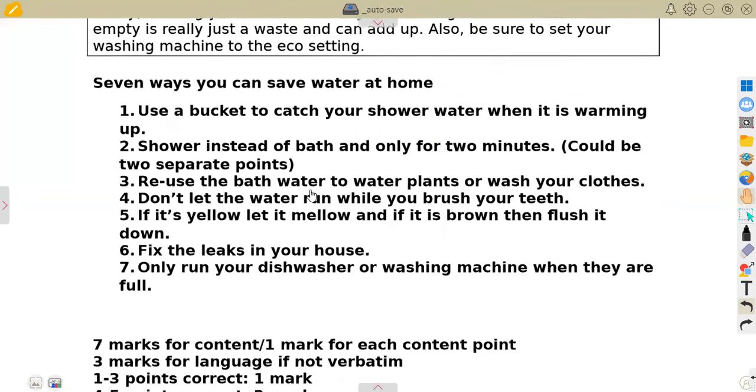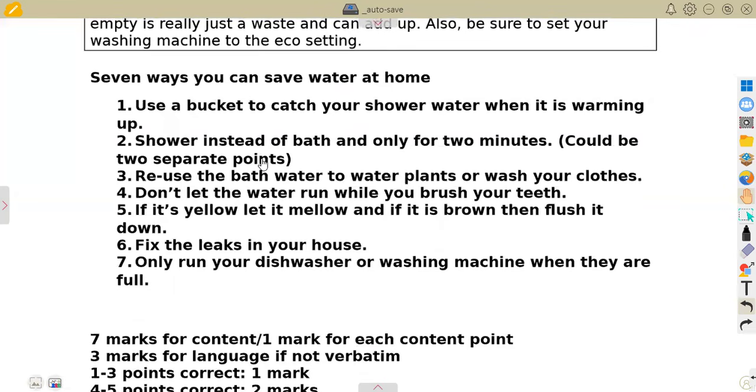Okay. And then let us go now to these answers and ensure that we can get what we were talking about. Okay. And then if you can see, you are going to have now your heading. I've said before, heading is very important. So this would be your heading. This is your heading, or your topic here. And then you are putting it there as 7 ways you can save water at home.